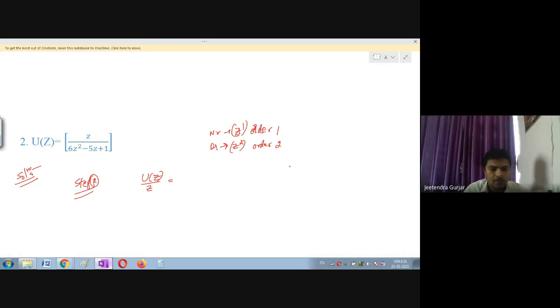Okay, students, now again, see, in the denominator we cannot take 6z square minus 5z plus 1 as it is. This type of equation you may get. So first we will simplify this. This is 6z square minus 5z plus 1 they have given. I have to simplify this now. This is 6z square minus, I will just take this as 6z minus, no, this will be plus z, so that this is going to become minus 5z. Now you can just simplify this, students.